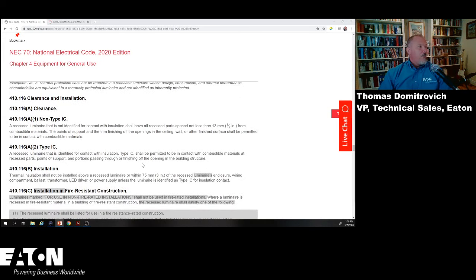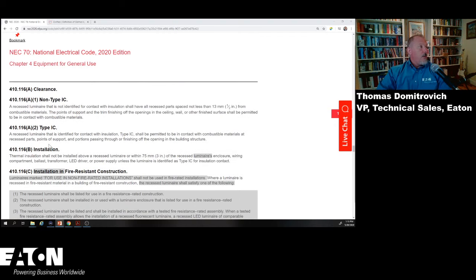So you've got recessed luminaires that are not identified for contact with insulation shall have the recessed part spaced 1/2 inch from combustible materials. And I would say this gets into your can lights as well. Can I put insulation around the can light body? If it's not rated for that, then you can't, because insulation, fabrics and whatnot can be combustible